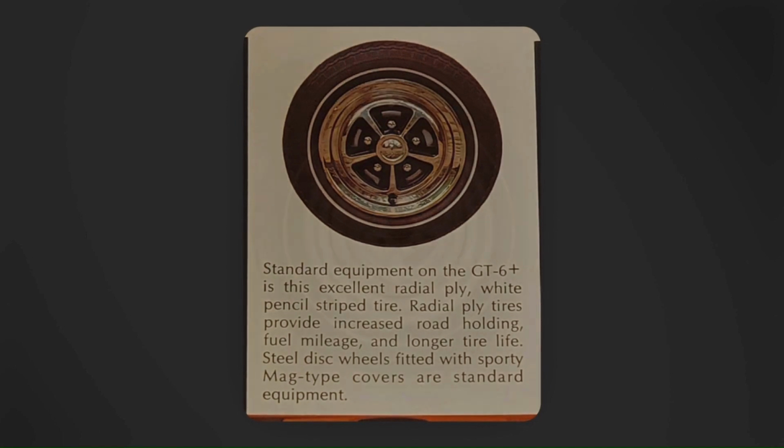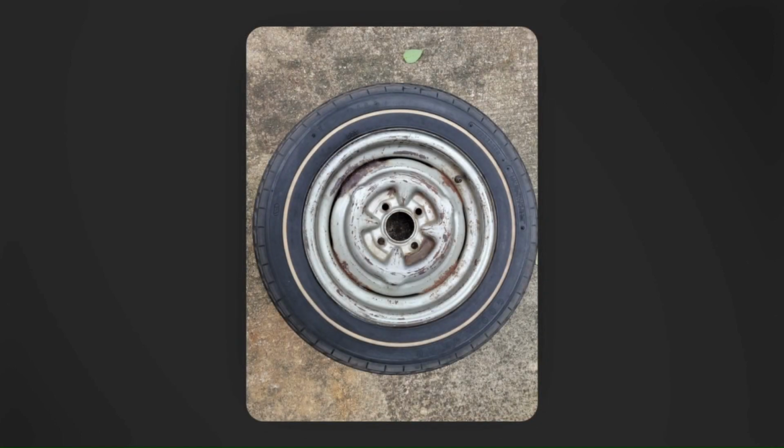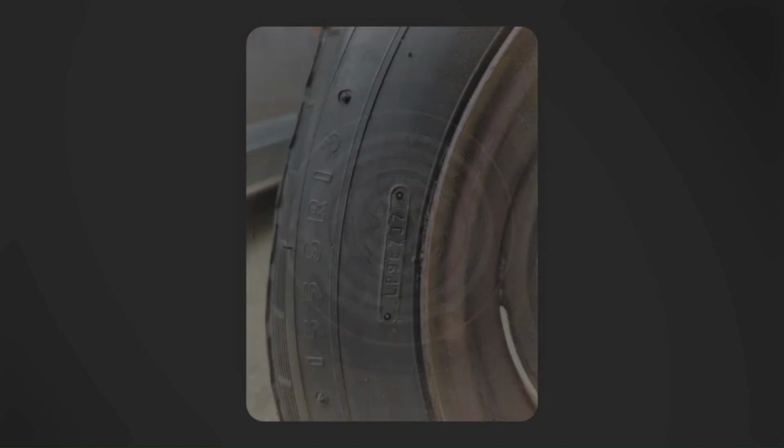So I'm looking at this spare wheel in the garage, and I'm starting to think that maybe the tire on that wheel is original to the car. So I start to look at it carefully. I cleaned it up. Of course, the tire is ancient, so it's old. No sane person would use it just because it's old, but also that tire was chewed up. It looks like somebody drove the car way out of alignment, so the entire inner part of that tire is really chewed up,